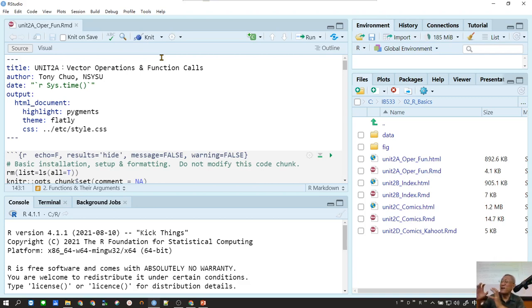Because this is the first time that you are using RStudio, you might have some problem installing packages. You might have some problem using this environment. So I will take a break here. I want to make sure that everyone can use RStudio